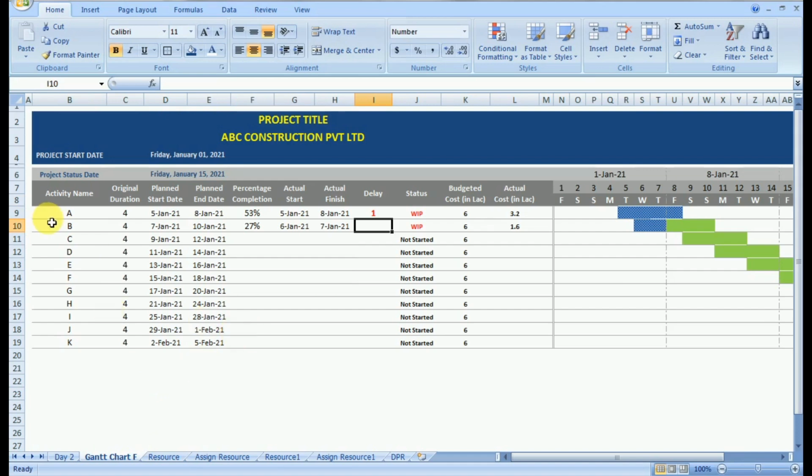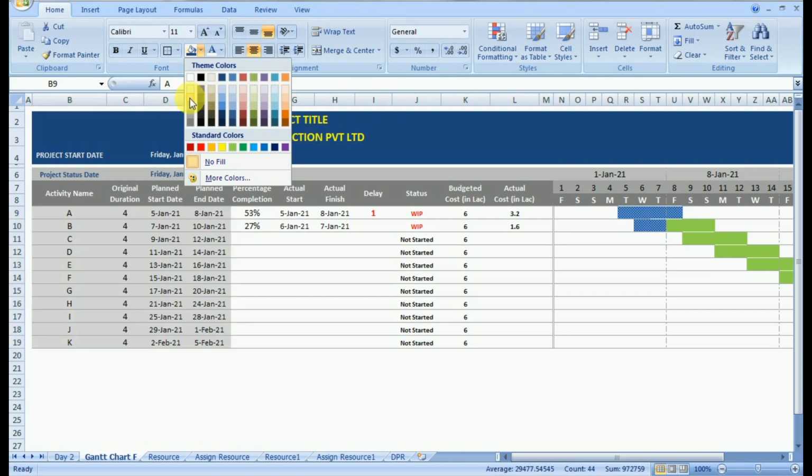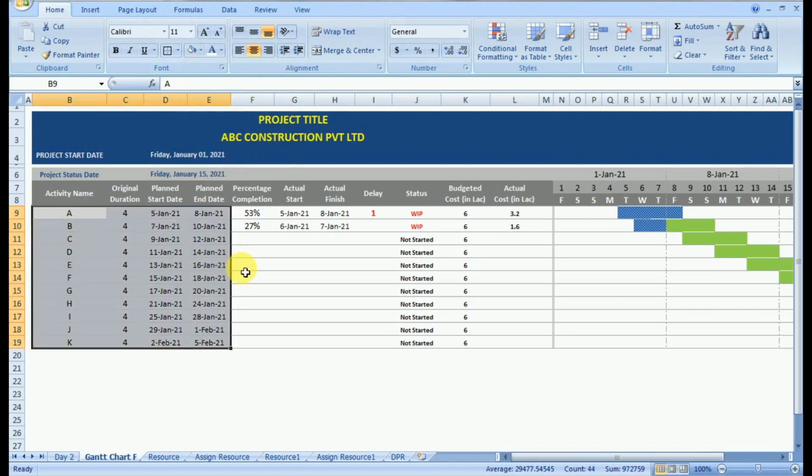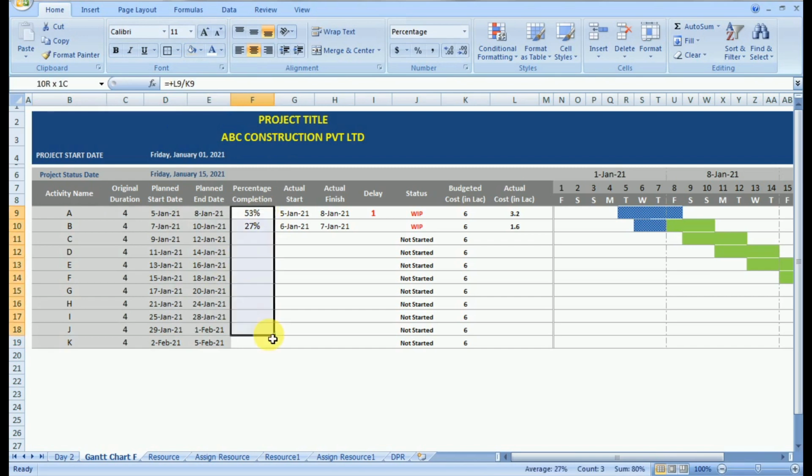Now we will also ensure that we have minimum data entry and maximum work is done by Excel. So all those areas where automatic calculation or a single time data entry has been done, we will mark gray, and only the white columns are the ones where the user has to make changes.